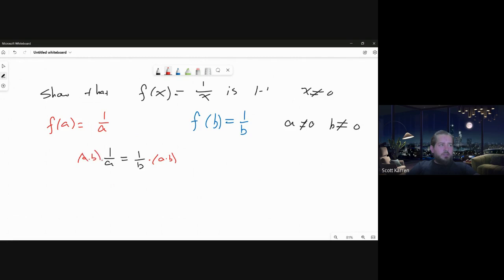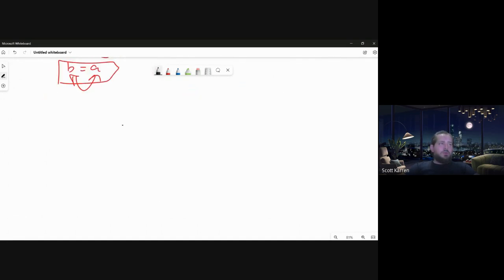The A cancels out on the left, leaving me with just a B. The B cancels out on the right, leaving me with just an A. And I've got it down to, in order for the function evaluated at one place to be equal to the function evaluated at some other place, the only way that happens is if that place is the same place, B equals A. One that doesn't work out